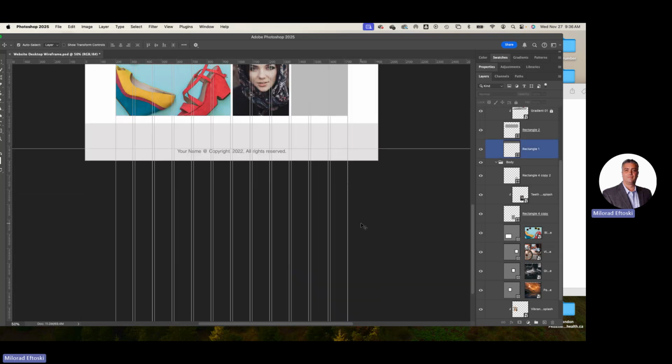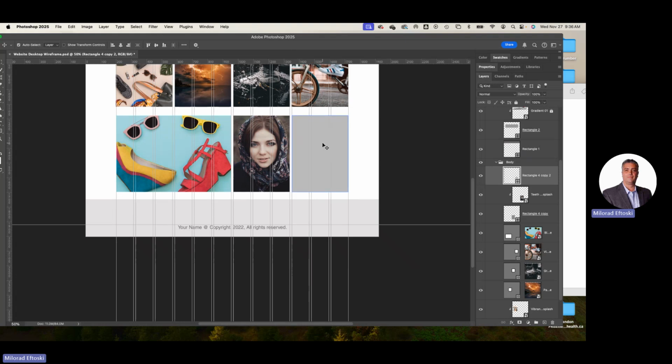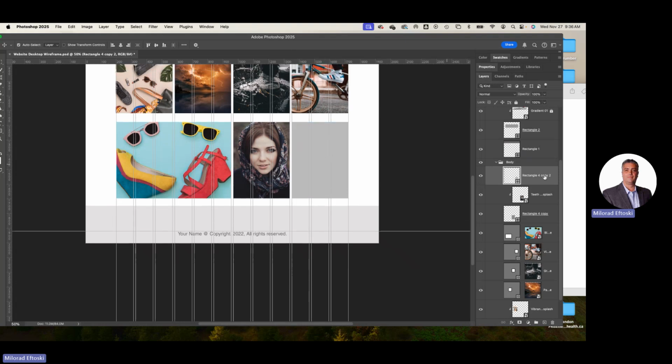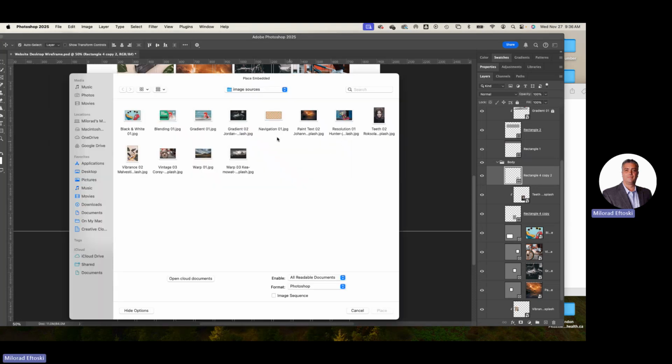What do you want to do with the last one? A clipping mask or a frame? What do you guys want to do? Clipping mask again? Okay, let's do a clipping mask. I'm selecting the target first. This is the rectangle. Now that I selected it, I'm not going to drag and drop on this one. If you want to do a clipping mask, go File, Place. Drag and drop works better with the frames, the little boxes. For this one, you want to go File, Place Embedded, and then we're going to select